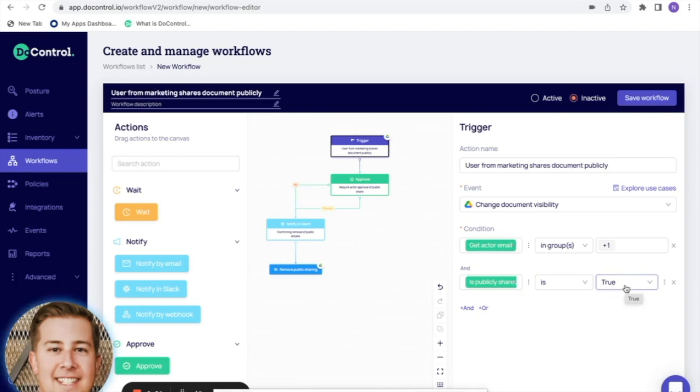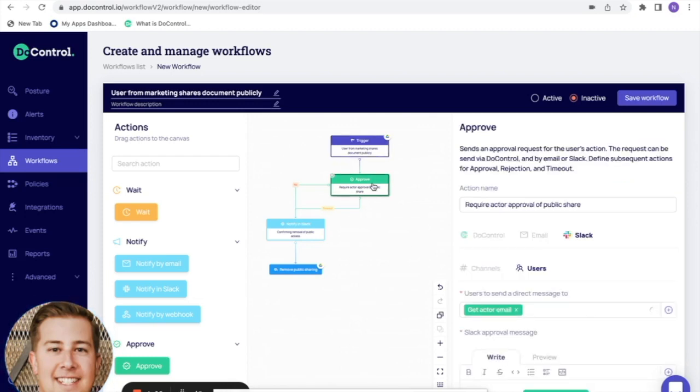In this instance, we are only focusing on change document visibility events where documents are made private to public rather than public to private. So this step is very important. The second step is where we are going to add an approval step, making sure that because we're sharing sensitive documentation, potentially making it available to anybody publicly, we want the actor to second of all reapprove the share in